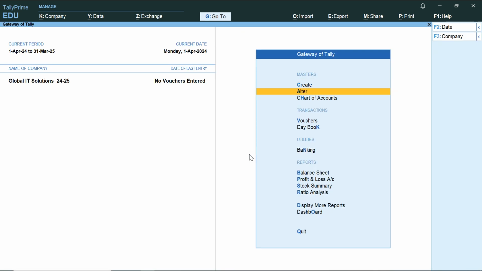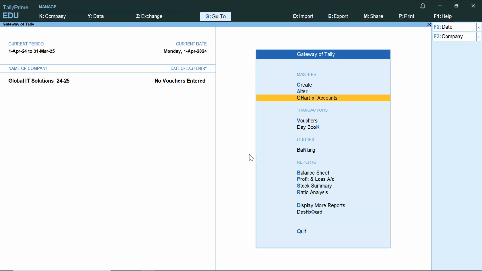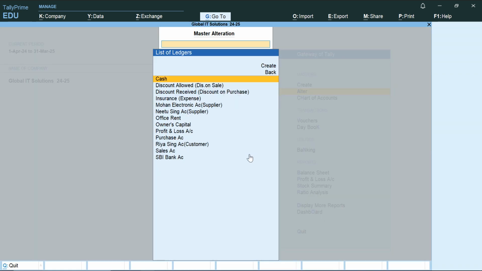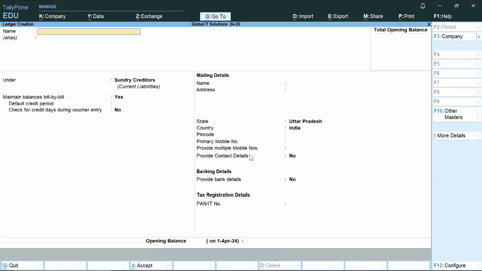So now we will see deleting group or deleting the ledger. Suppose I want to, I will create two more ledgers. I will go to the create, I will go to the ledgers, and I will type customer A